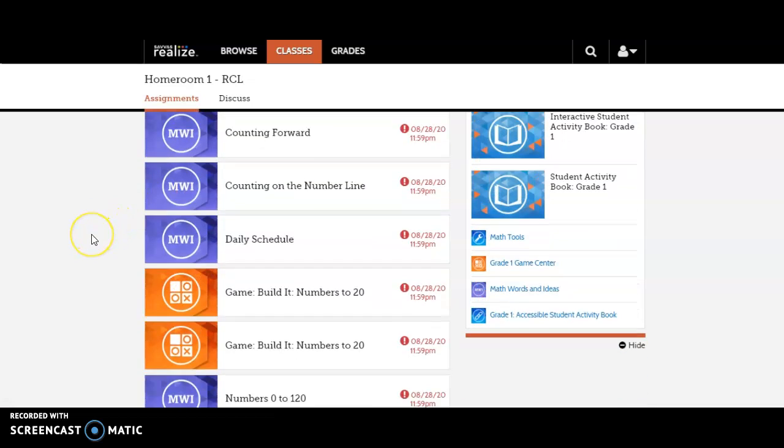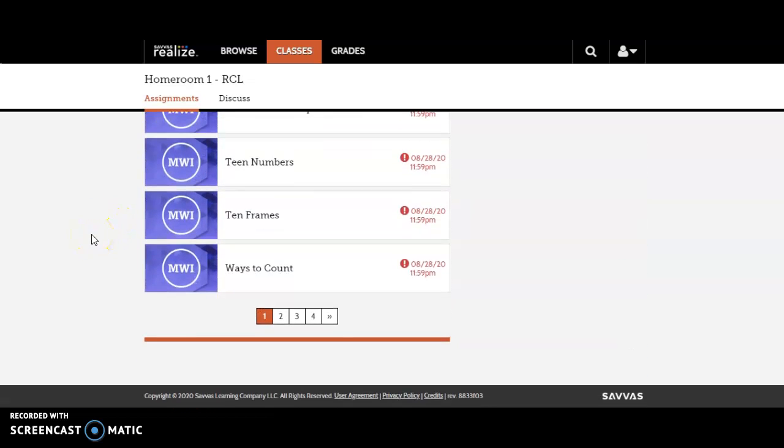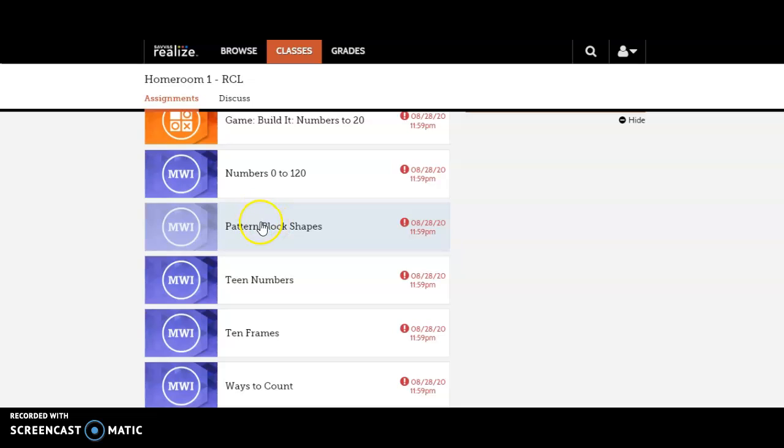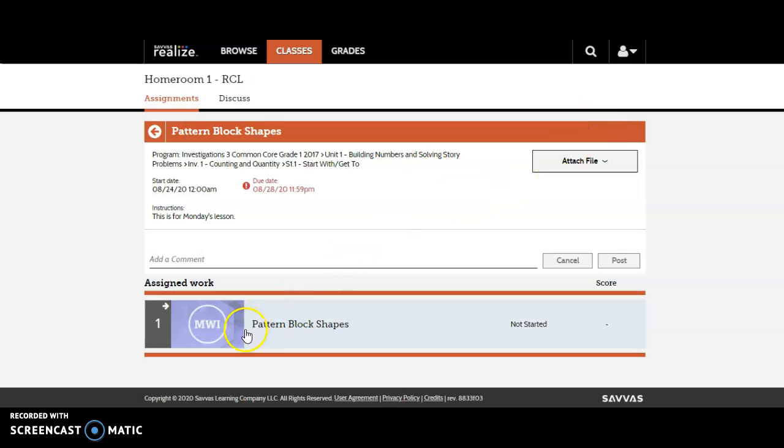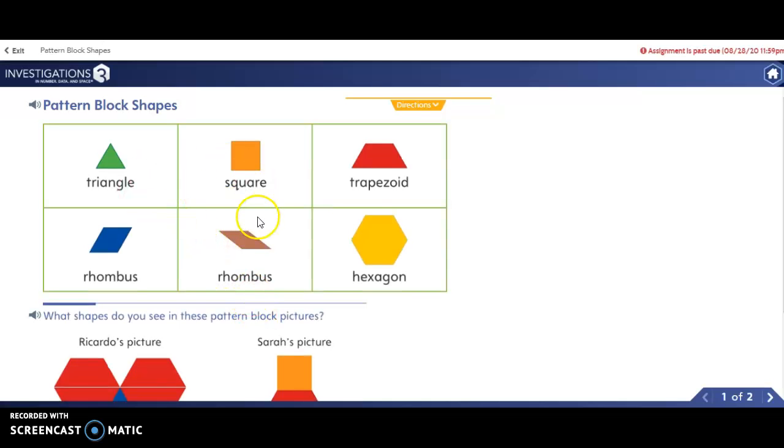So if you will just click on the assignment, so for example, if it was this one, you can click on pattern blocks, and it's going to say, heads up, this assignment is past due, and that's okay. It says you can complete it, and then you'll just click on it, and here are all the things that you can do. The directions are up here,